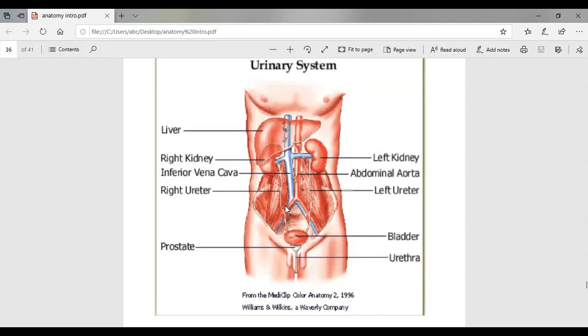Whenever the bladder gets filled with more than 400 milliliters, bladder sends signal to the brain that we need to go to the washroom right now. So bladder stores the urine. After it gets filled, it sends a signal to the brain that we need to go to the urinal, and then we excrete out. So what does urinary system do? It filters the blood. It takes out the waste products and it throws out the waste products via the urethra. Let's go ahead. This was the urinary system.